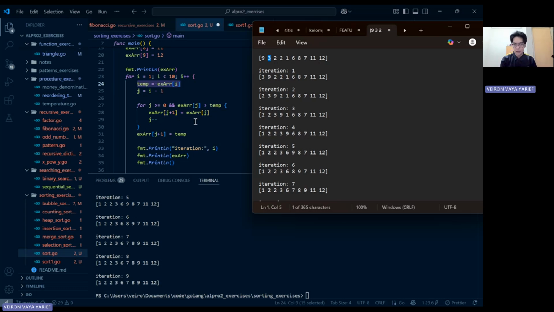x array j plus 1 equals x array j, our array before it. Okay, so our current index will be overridden with our comparison value. That's how you do it for insertion sort. And at the end of the comparison, we're gonna override where we stop, the index where we stop, with the temporary variable.